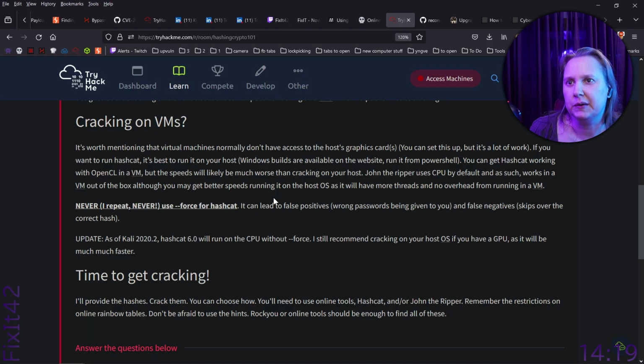John the Ripper uses CPU by default, and as such works in a VM out of the box, although you may get better speeds running on the host OS, as it will have more threads and no overhead from running in a VM. Never, I repeat, never